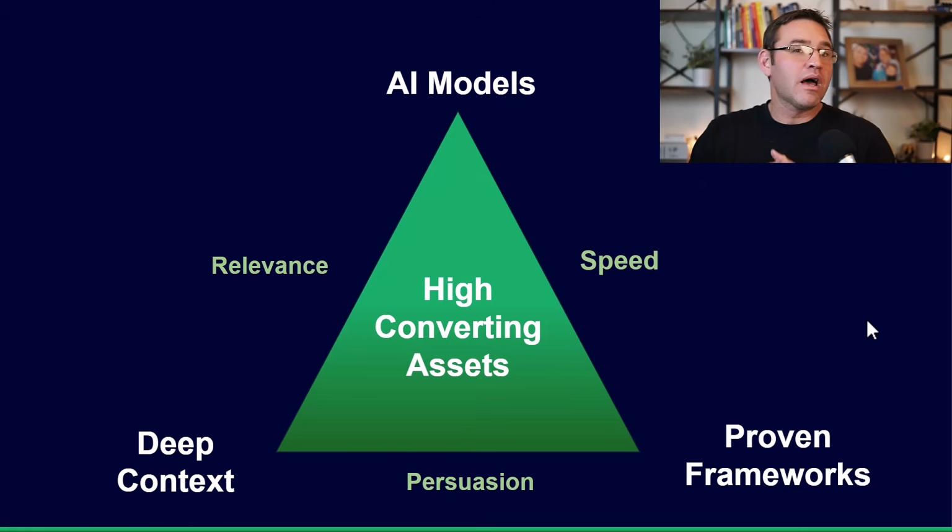So leave me a comment down below if you have any thoughts on this. If you're using AI, it sounds like a robot, or you're trying to give it context, but it's still not hitting the mark, it's because you're not combining these three things effectively.